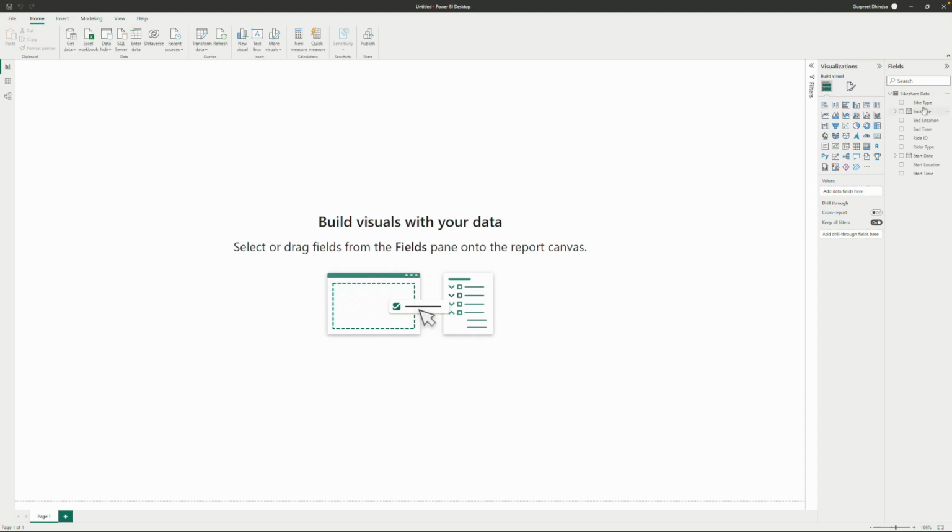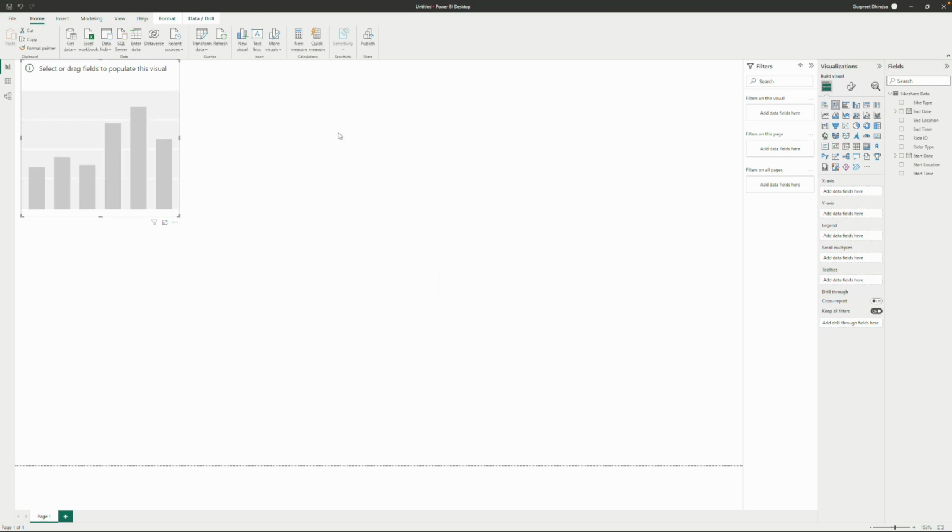So let's first try and see it in a chart. Again, we have all these charts available here. And if you're new, you may not know which chart to use when, and we will learn everything about it, what sort of data type you can visualize better in which type of chart. For now, we're just going to click on this stacked column chart. What I want to see is how the ride count varies month on month. When you click on the chart here, this pane opens and we have the x-axis and y-axis. X-axis is the horizontal axis like this, and the y-axis is the vertical axis. In the chart, on the horizontal axis, I want to see the